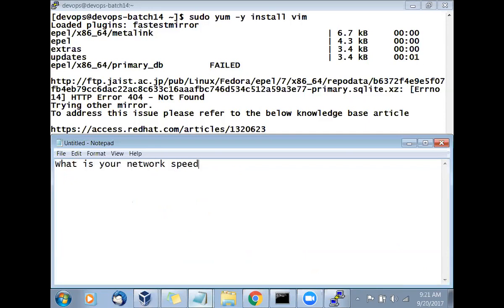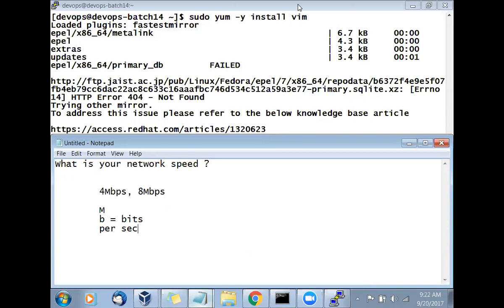Now, when you buy your network, when you go to the internet service provider, what do they say? 4 Mbps or 8 Mbps, right? So what is your real speed? You have to divide this number by 8. Why? Because it is M. M means megabits, b means bits, and per second. So it is megabits per second.